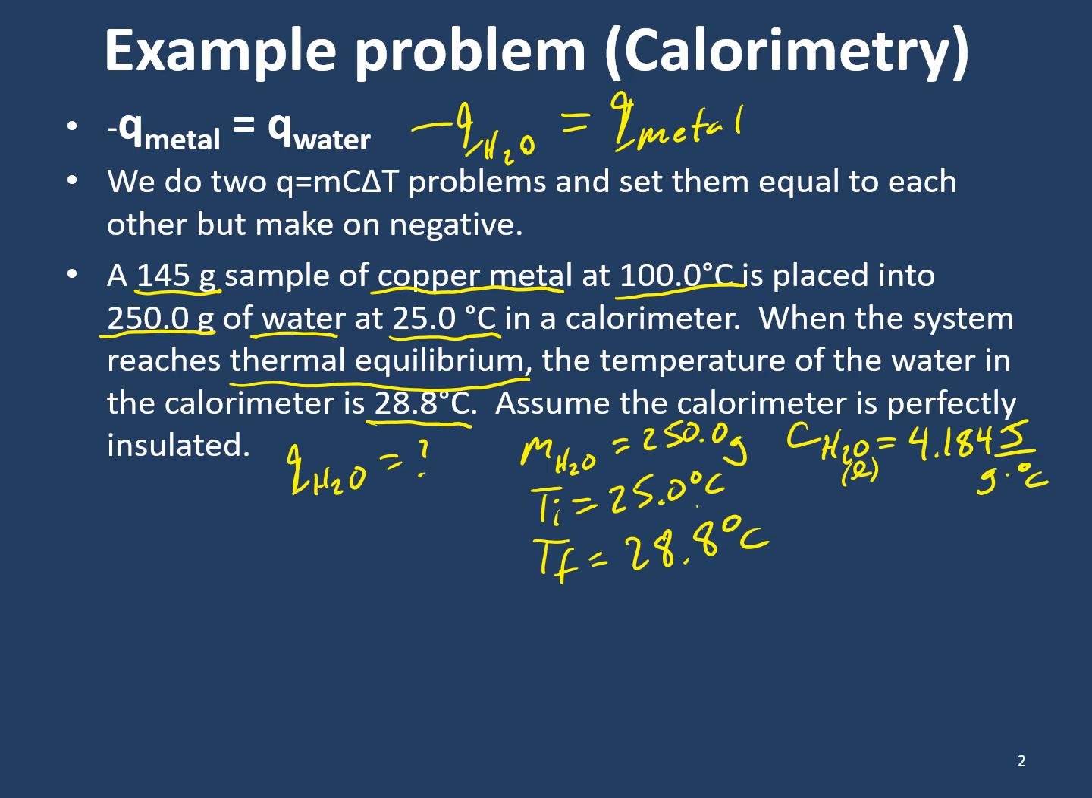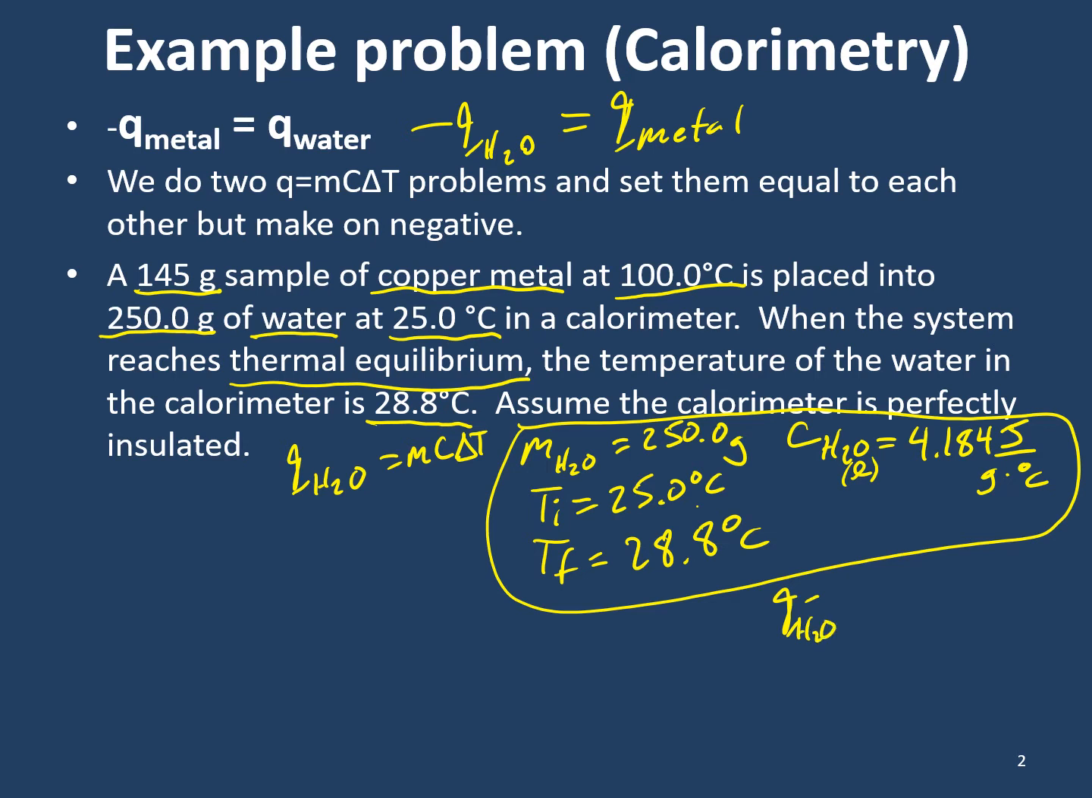So if we look at all of this information, I can calculate Q of water because I know Q of water has to be equal to mc delta T. So my Q of H2O is equal to 250.0 grams times 4.184 joules per gram degree Celsius times the T final, 28.8 minus 25 degrees Celsius. And so Q of my water, if I just plug it in my calculator,